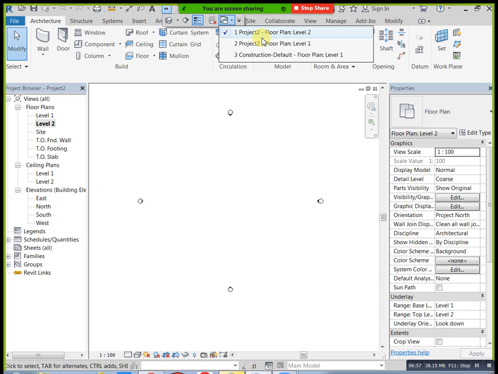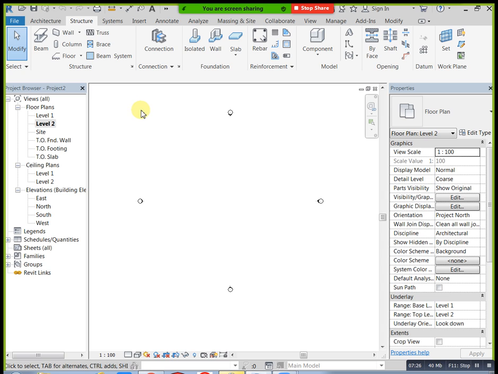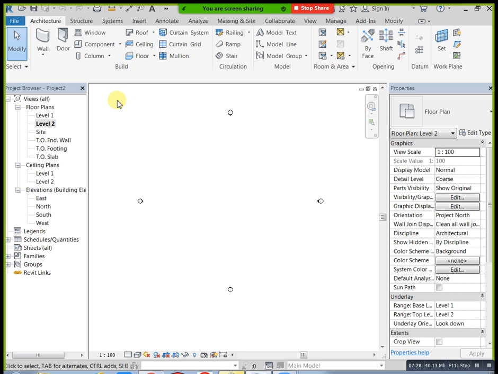Next, here we have menus. Menus means nothing but tabs: Architectural menu, Structural menu, Systems menu, Insert menu, Annotate. First of all, structure means it gives strength to the building, right? Architecture means the finishing of the building, which you need. You need to create structure, you need to create architecture, that is your requirement. Architecture means finishing of the building for looking purposes. If you need good looking, in that condition we design interior and exterior. If you need normal looking, you can use it normally.